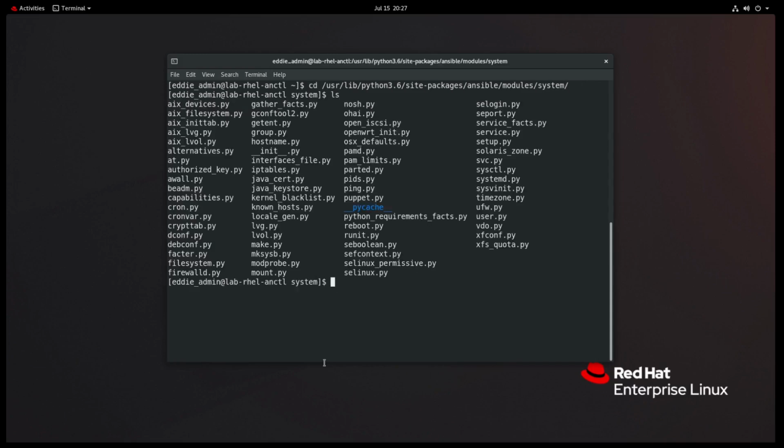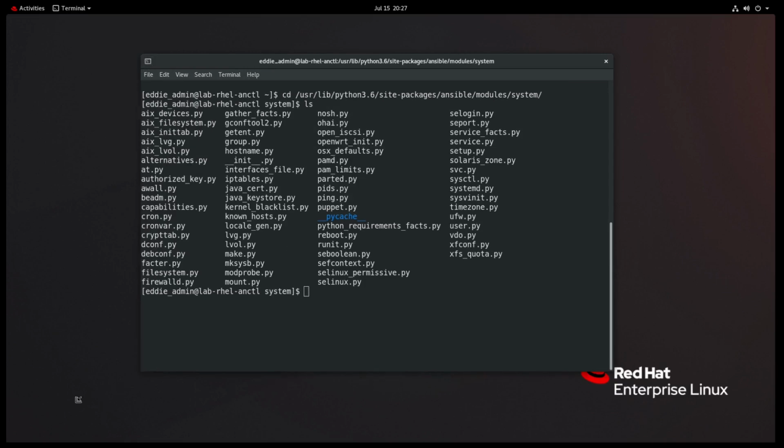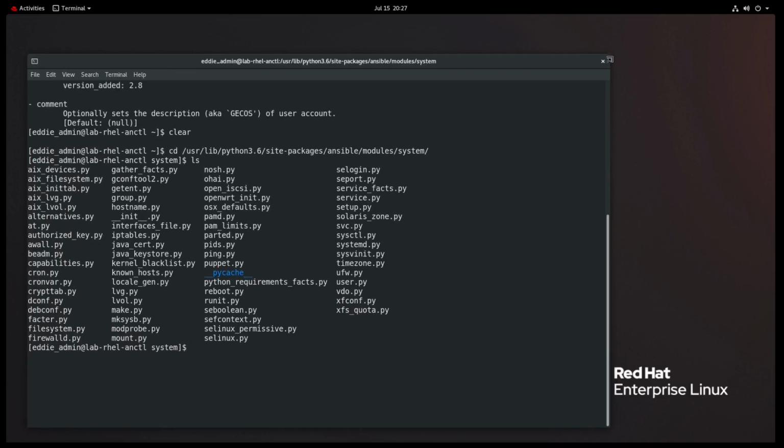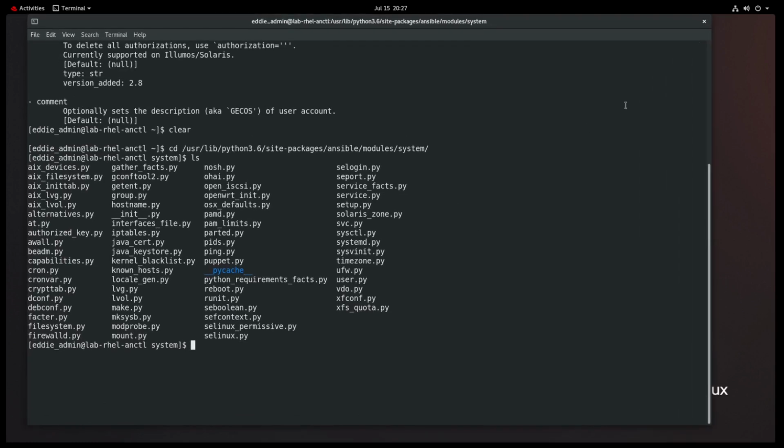And what you see in here are a bunch of Python scripts. And that is because really what these modules are, Python scripts. Let me expand my window here just a bit. I want to do full maximize because sometimes it gets cut off with OBS. And let's vi into user.py